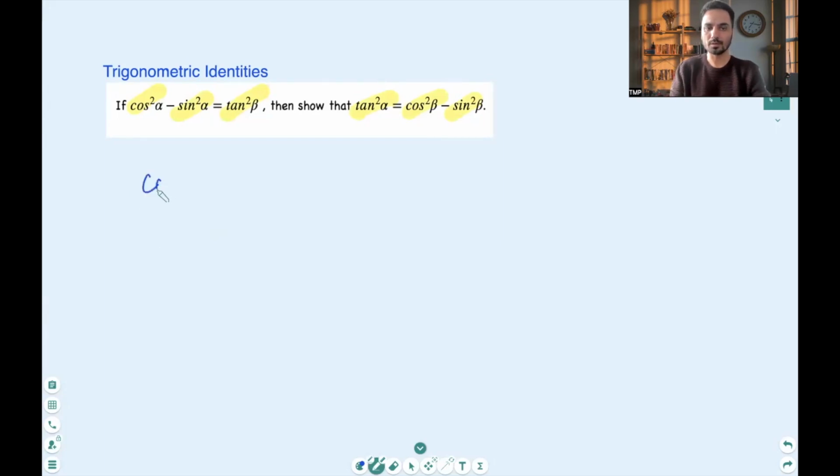So we are given cos²α minus sin²α equals tan²β. But in the result that we want to prove, we want to get it in the form of tan²α. So in order to get tan²α from the given equation, we can divide both sides by